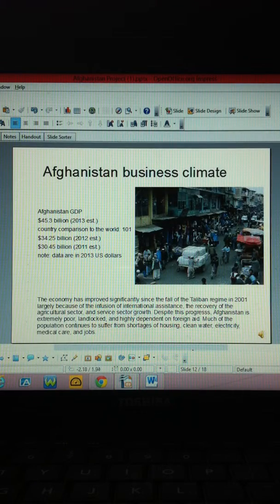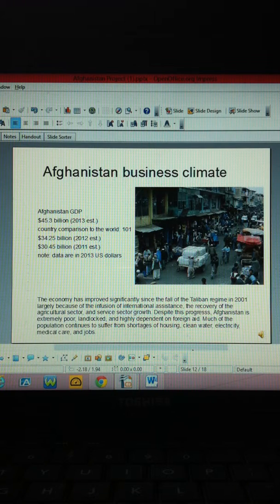Afghanistan's business climate. Afghanistan's GDP, gross domestic product, is $45.3 billion. That's a 2013 estimate. I also want to say that a lot of these statistics are estimated because with a country that's very poor and unstable, literacy rates very low, it's difficult to actually have very, very good statistics like we would in, let's